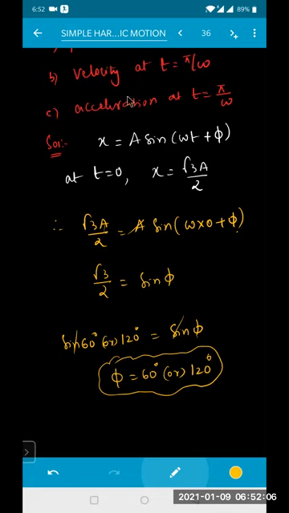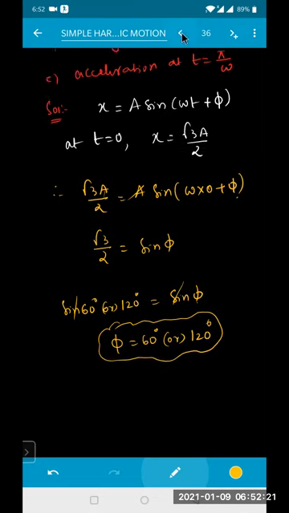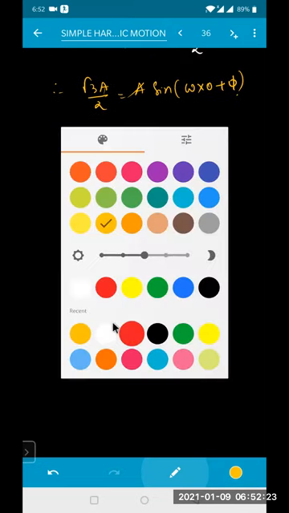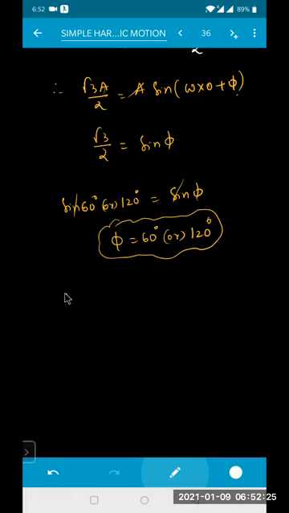What is the velocity formula, beta? V is equal to A into sine of omega t plus phi, that is your x value. If I differentiate that, I'll get the velocity. Even in this one, beta, at t equals 0, can you tell me what will be the velocity? I'll write it here itself; I'll do the next question after some time.